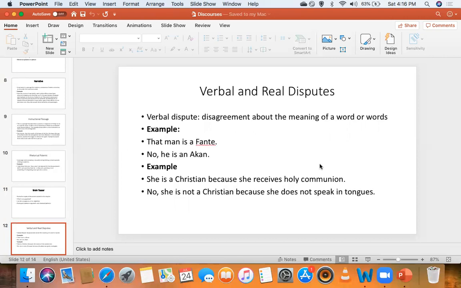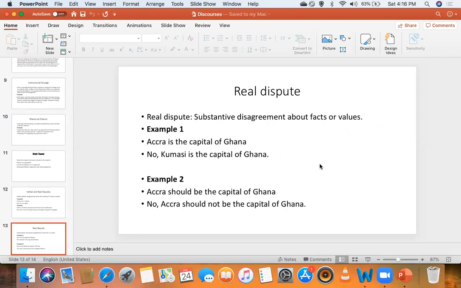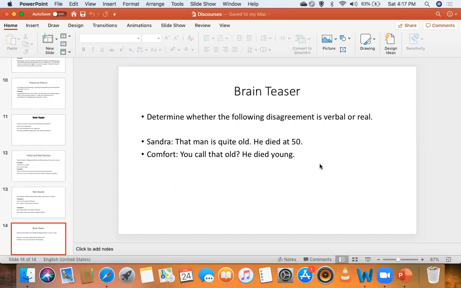Then we went to verbal and real disputes. We said verbal disputes are disputes arising from confusion about the meaning of words. Then we said the real dispute is not about meaning, but about facts and values. So that was that about discourses. After that, our fourth lecture was